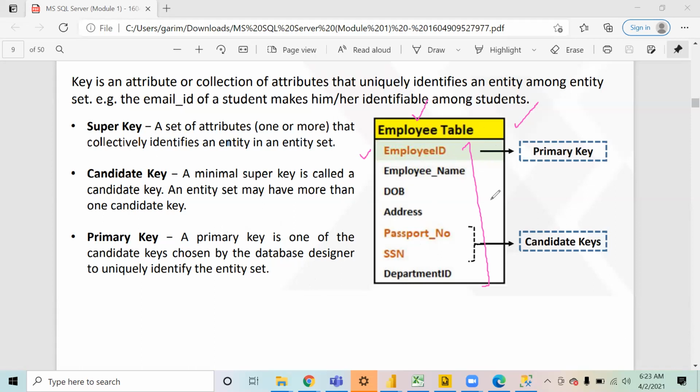Now, if you see in this table, we have employee ID, employee name, date of birth, address, passport number, and SSN. According to you, which are the columns which will always have unique values only? Passport number, SSN.